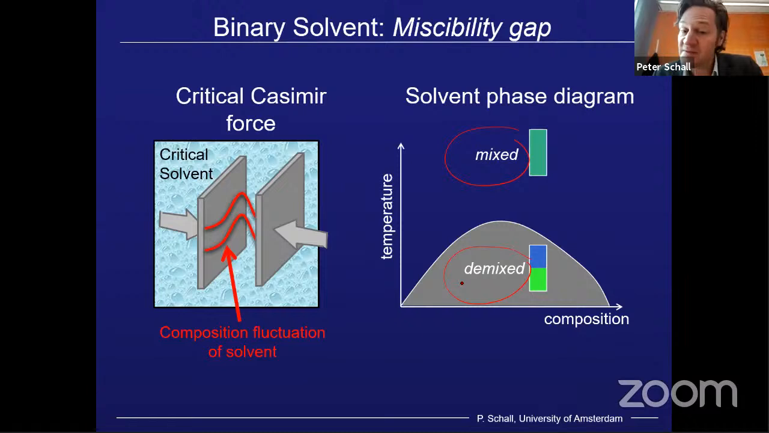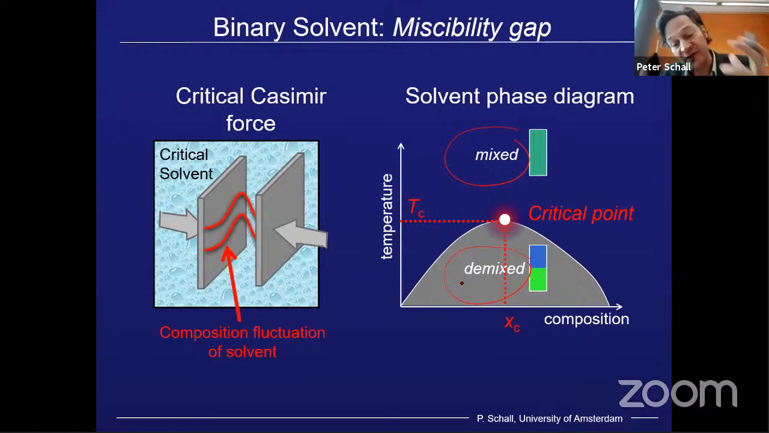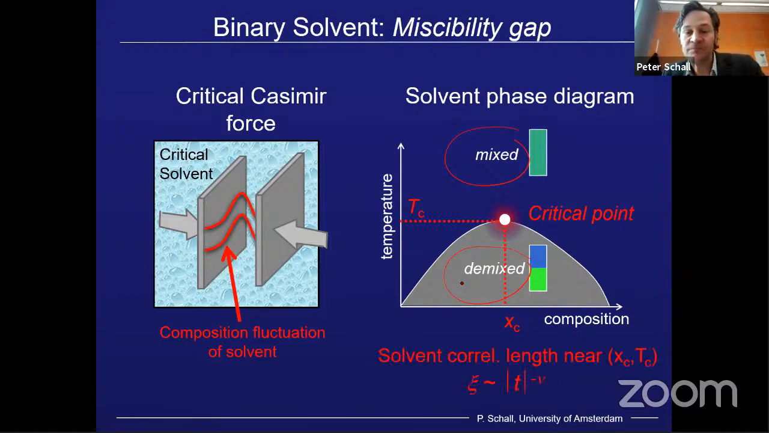In another one, they're mixed. And just at this top point here, at the critical point, this is what we are talking about. So this is where these long-range fluctuations arise, and where we can get essentially this nice control over attractions. Okay, and there's a beautiful physics behind it, because close to the critical point, you have all these universal scaling